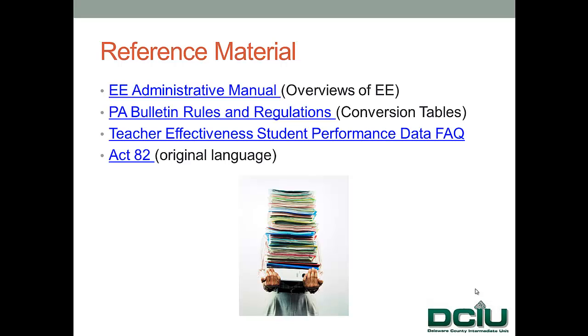Second, the PA Bulletin Rules and Regulations, both from June 2013 and June 2014. You'll see a lot of conversion tables in there that are necessary for the calculations that go into teacher ratings in particular. The Teacher Effectiveness Student Performance Data FAQ, which was released over the summer, also available on PDE's website,